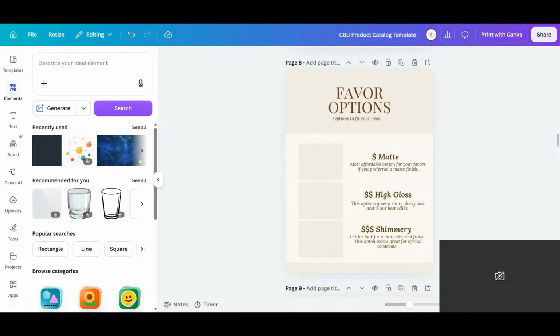This is an easy way for you to show off your products and services to your customers, to make it easier for you to not miss out on sales. So if you're out and somebody's asking you what you do, easily just show them your catalog. It takes them straight to the point of what you offer without them having to scroll through different pages of your site and things like that. So make